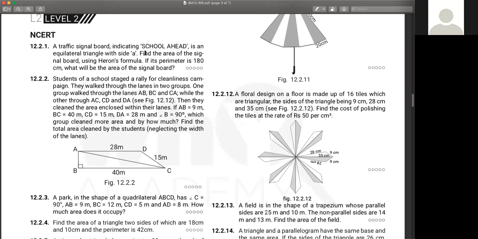Ma'am, that's find the area in terms of a, the first part. Yeah. So I messaged you the second part in the chat and I'm telling you the first part, which is 60 centimeter. No, the second part's answer is correct, but for the first part you need to give the derivation. Okay, how did root 3 by 4 a square come about? You guys can do that. Can you derive root 3 by 4 a square?